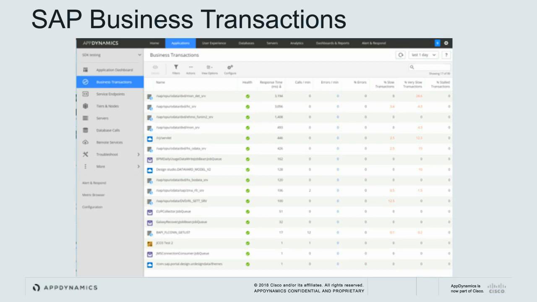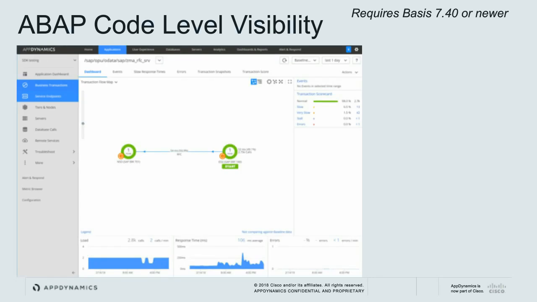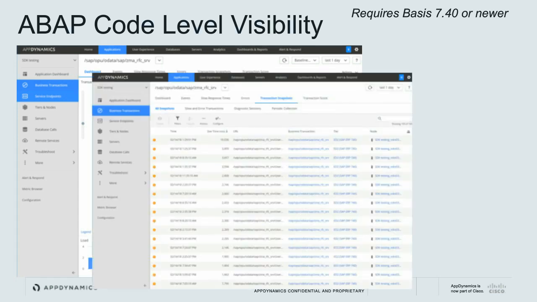And then the thing that probably really helps the ABAP developer and the basis team is this code level visibility, where we can look at a transaction and we can start drilling into what's happening in that transaction. So if I take a look at all of the different executions of this transaction, these are what we call snapshots. Here I've sorted it by response time, so I'm looking at the slowest snapshots. And you can see here the one on top took way too long, so we can actually start drilling into it,